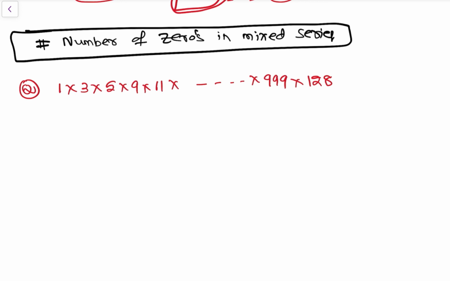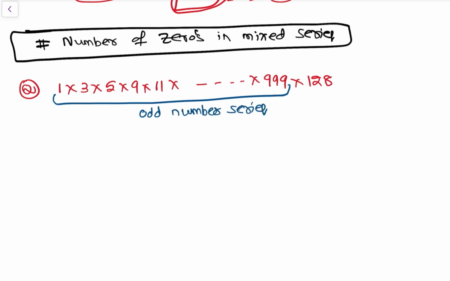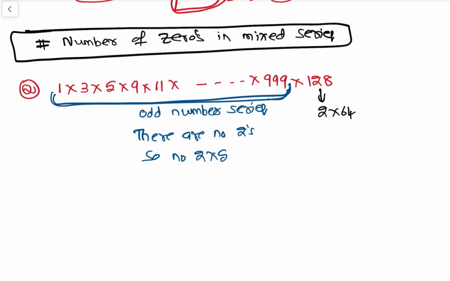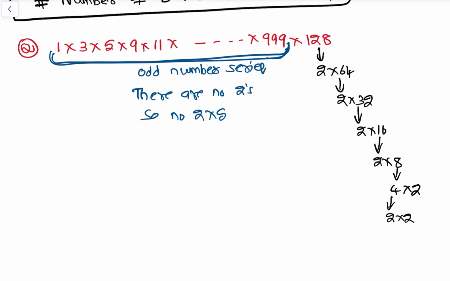ठीक है, number of zeros, so if we see this is odd number series, and we know odd number series there are no twos, so no 2 into 5s in this entire series, then let's take for this number, 128 is 2 into 64, then 64 can be further written as 2 into 32, then 32 as 2 into 16, then 16 as 2 into 8, then 8 as 4 into 2, then 4 as 2 into 2, ठीक है, so now let's see number of 2s, that is 1 2 3 4 5 6 7 2s, that is 2 to the power